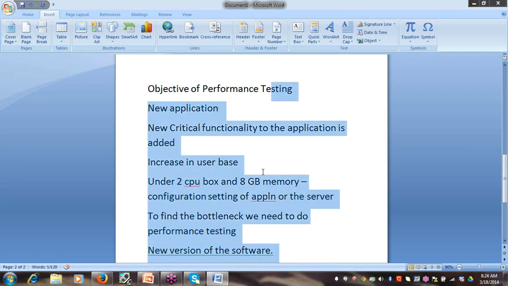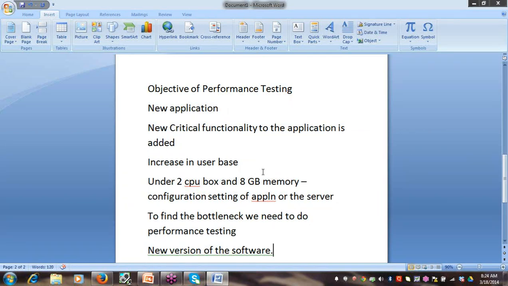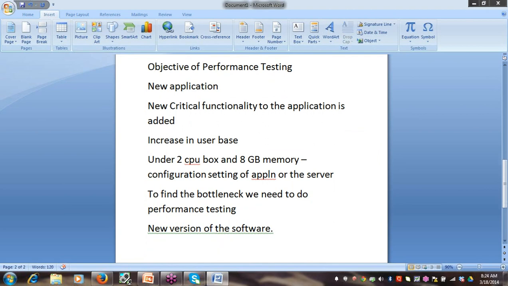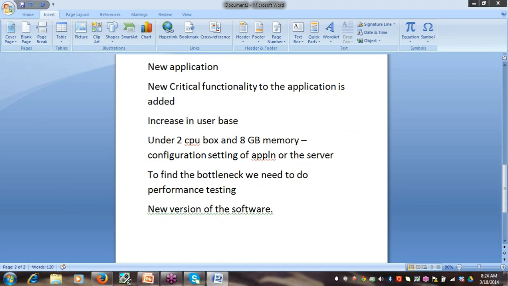Team, if you have any queries or questions related to this, you can note them down, and before the session ends, we will answer all your queries. Okay. So this we have seen, objectives of performance testing.